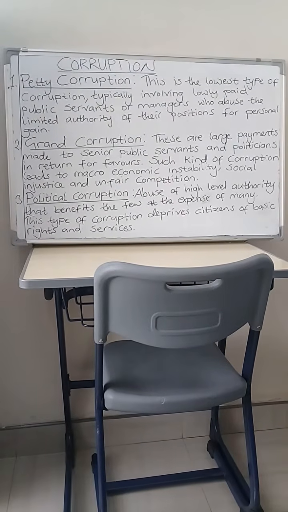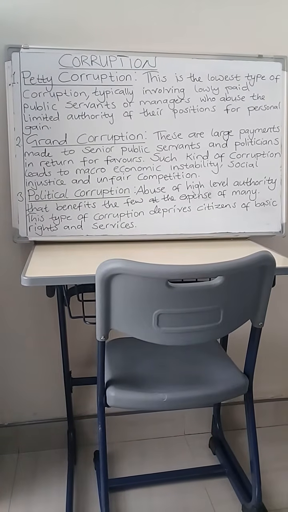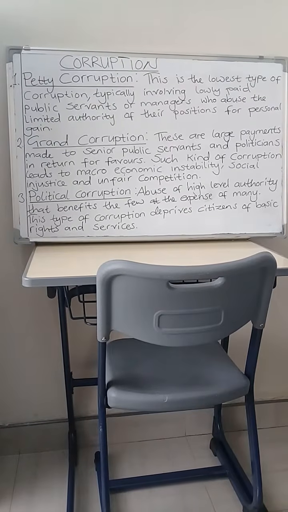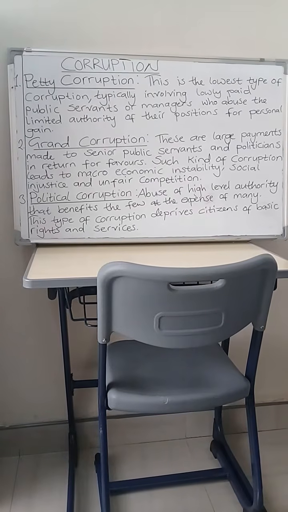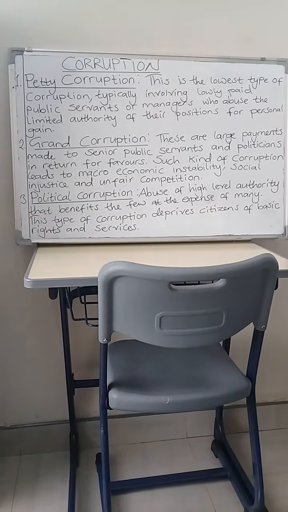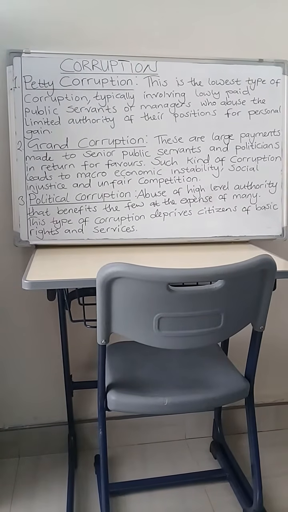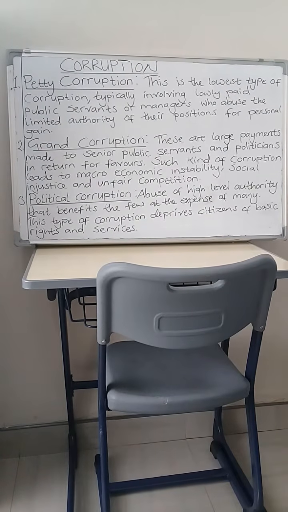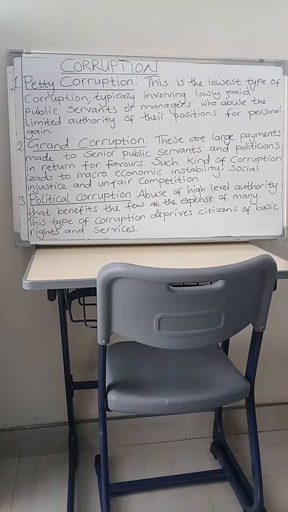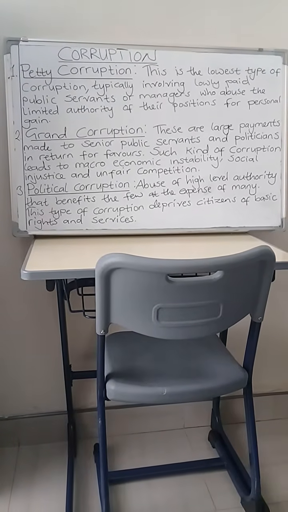Another example would be this teacher working for a government school, or a public school, so to say, and a parent comes looking for a place for their child, but the school seems not to have a place. This teacher accepts some quarters from this parent in order to squeeze the child into the school. So definitely that's a very small kind of corruption, because the money is just too small to even enrich that teacher. I hope that is very clear.